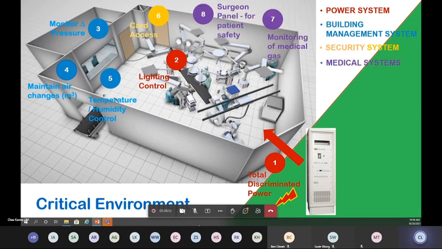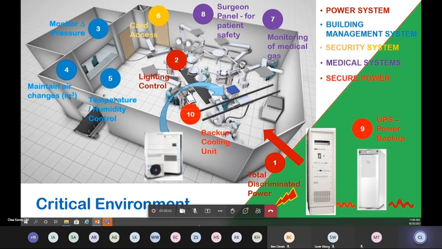And of course, we talk about medical systems. Medical gas was one of the systems that I've mentioned. There are many more. You can talk about the surgeon system. You can talk about the, I can't remember, the heart monitoring system, or the pumping gas systems, or the oxygen supply system. Okay, if possible, the surgeon would like to see that, and if we are able to connect that, we can actually project it onto what they call the surgeon panel. Okay, which I will show you later.